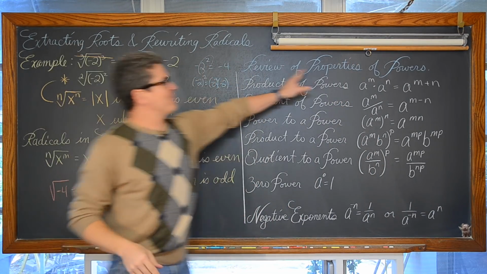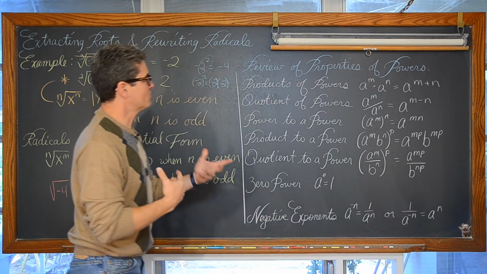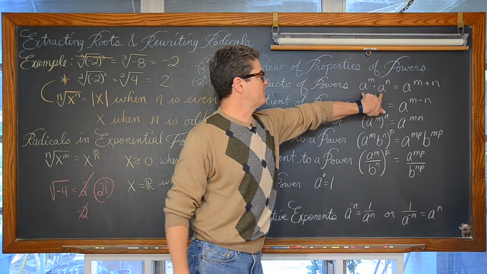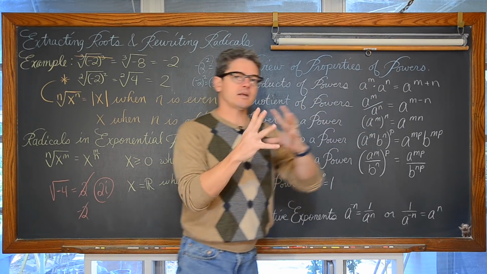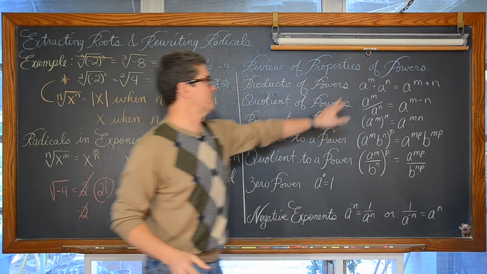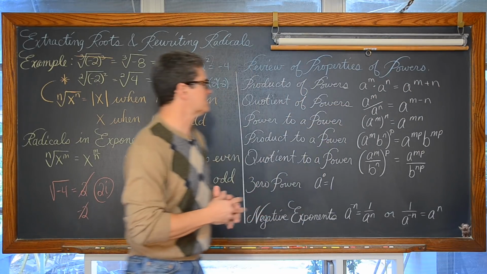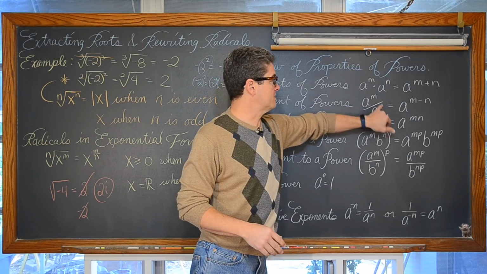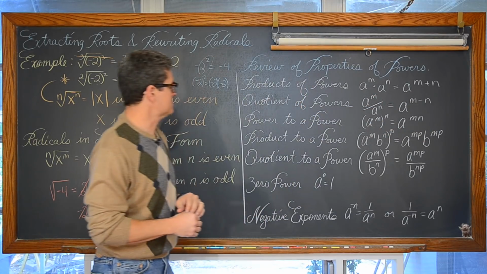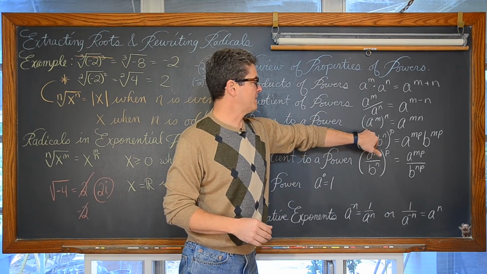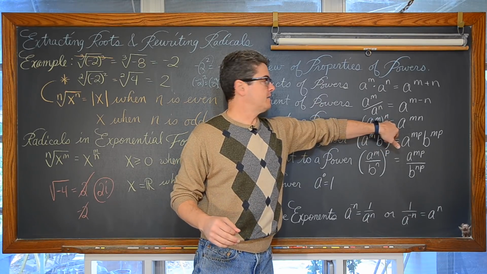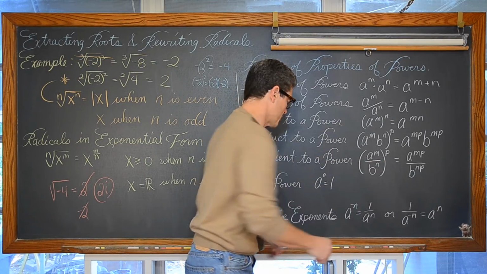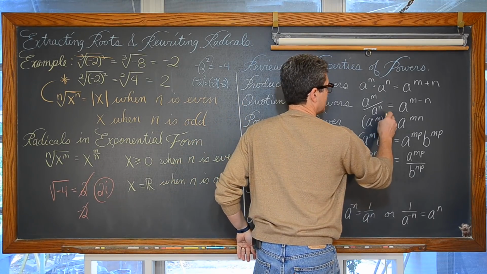So, review of properties of powers. We're going to be using that a little bit in this. Let's remember that when you multiply like bases, you can write that as a single base instead of two individual bases by adding the exponents. The quotient rule of powers: when you divide with like bases, you can subtract those exponents. Power to power: something raised to a power, and then that expression raised to another power, you can bring that down.